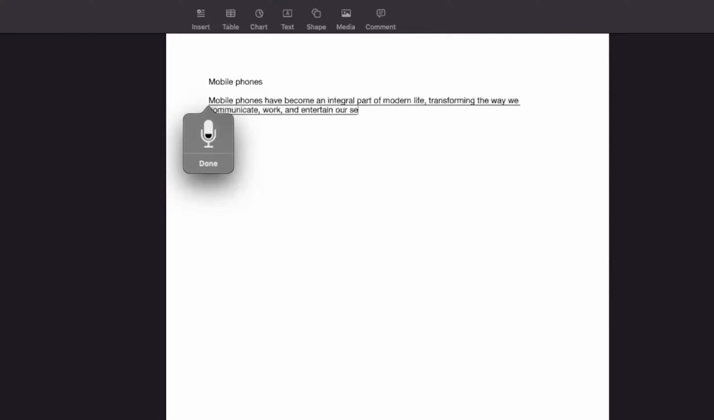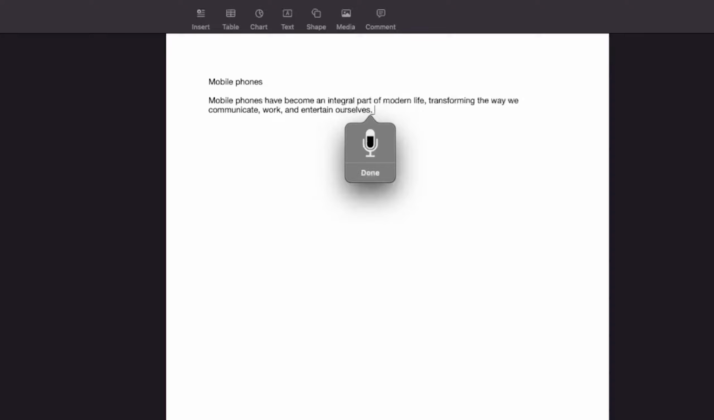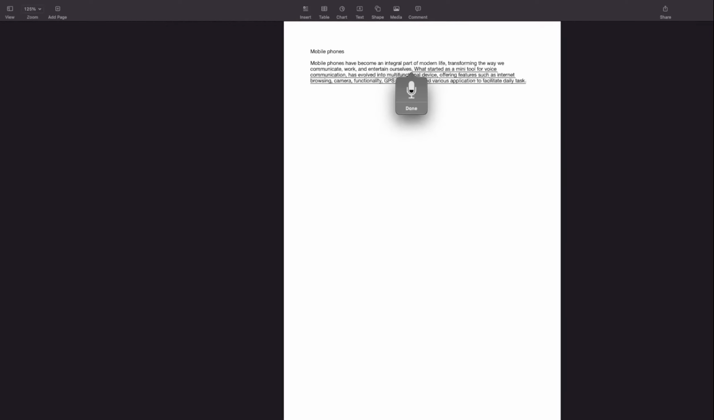entertain ourselves. Full stop. What started as a mere tool for voice communication has evolved into a multifunctional device, offering features such as internet browsing, camera functionality, GPS navigation, and various applications to facilitate daily tasks. Full stop. So we just saw how easy it is to write a long document with just typing, and